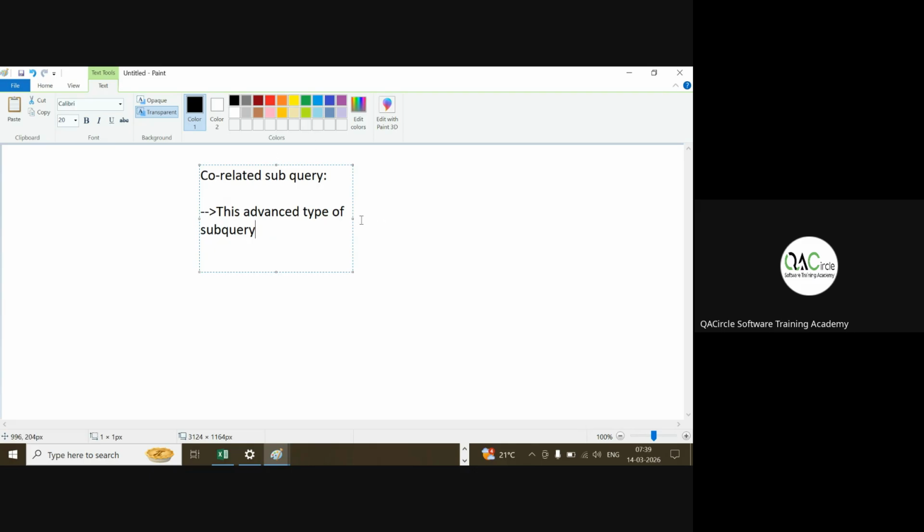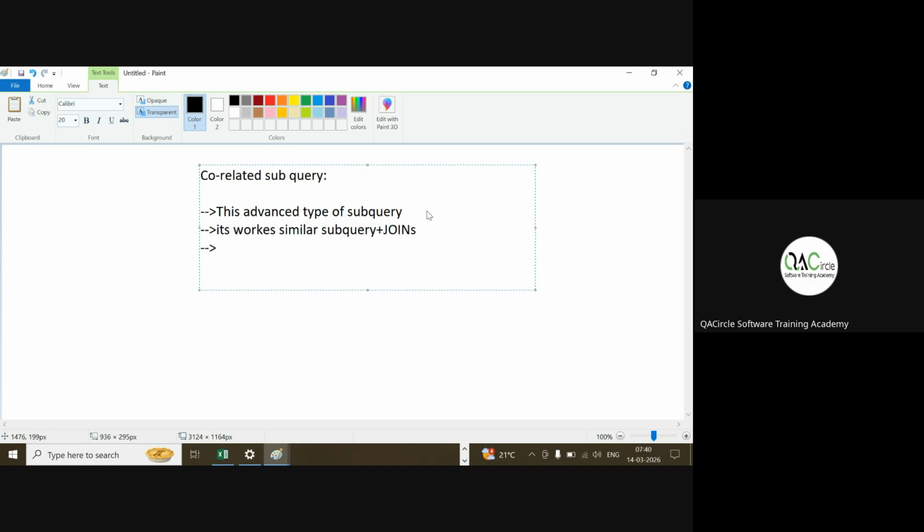This is an advanced type of subquery, and correlated subqueries work similar to subqueries and joins. I'll tell you how it works. This is a combination of subquery plus joins. Joins, you remember,